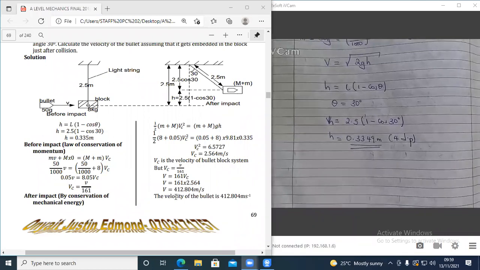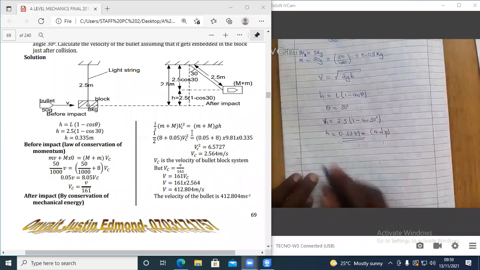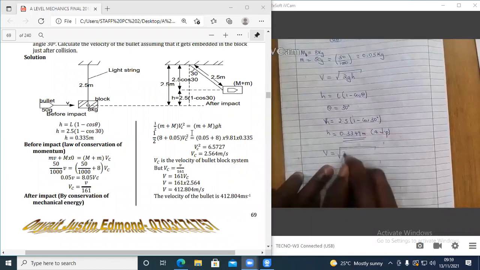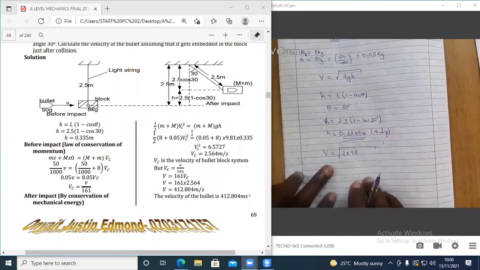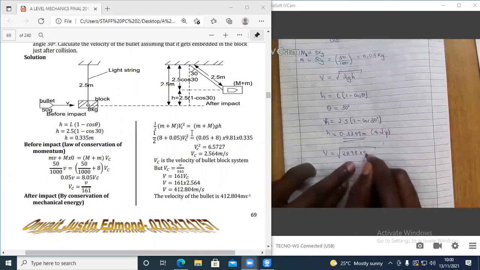So we can go ahead and find the velocity v. The common velocity v will be the square root of 2 times 9.8. g is 9.8, times the height, which we have just got, 0.3